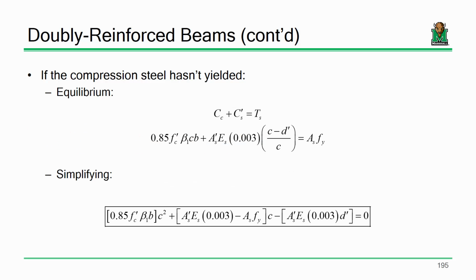Now, regardless of whether it's yielded or hasn't, we're still going to have to meet this equilibrium requirement that the sum of forces in compression have to equal the sum of forces in tension. So we're still going to use that regardless. But if it hasn't yielded, our equations get a little bit messier. Because look at this. I propose to you that regardless of if it's yielded, the compressive force in the concrete plus the compressive force in that layer of steel up top has to equal the tensile force of the steel